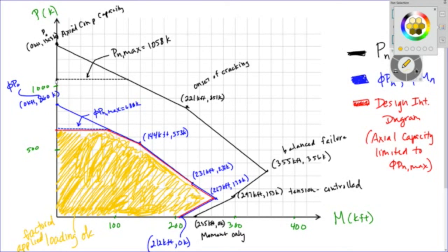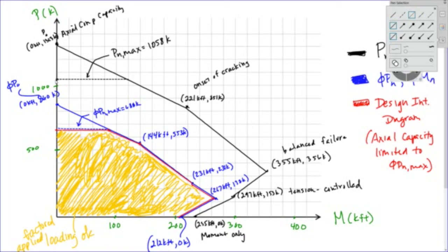And then we applied our phi factors, which depend on your strain and your extreme tensile reinforcement, so just the exact same as moment, and you draw it. So one other thing to mention,